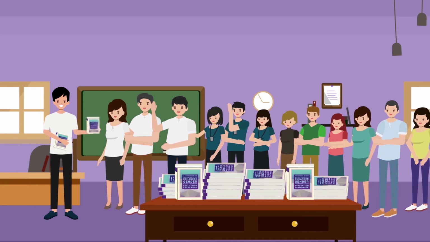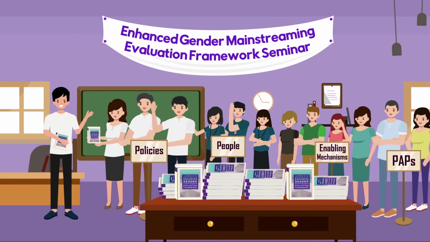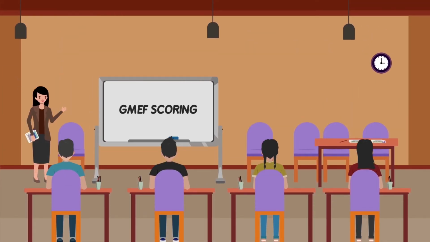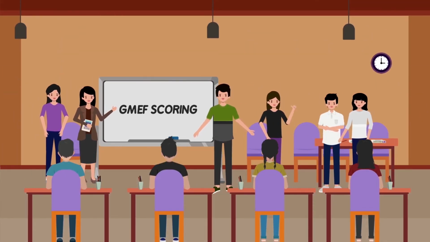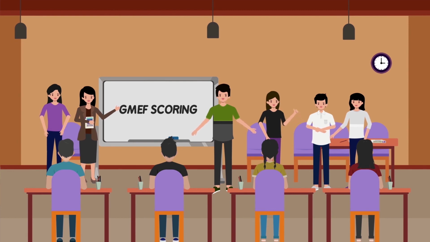This will enable them to prepare corresponding means of verification or supporting documents needed for the assessment. The agency may group together relevant offices or units to accomplish a specific questionnaire most relevant to their functions. Each group may report its consolidated ratings for further discussion and enhancement. The group must agree on the answer for each item.